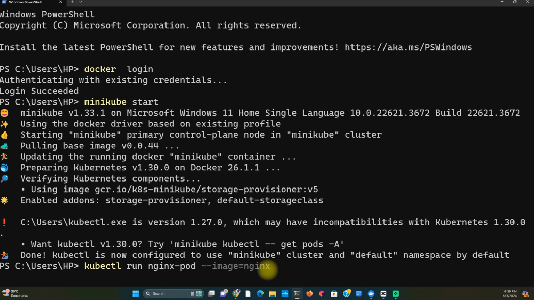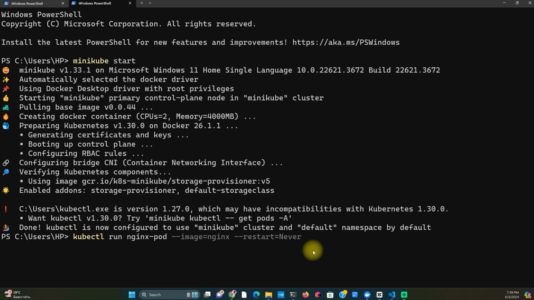Okay, I'm going to say --restart=never. And this information here ensures that the pod is created as a single run, not a deployment. Okay, so click on enter,